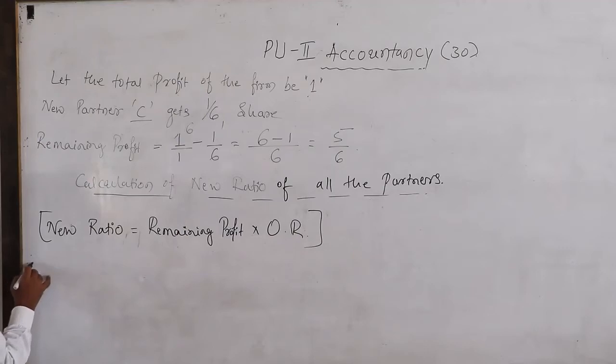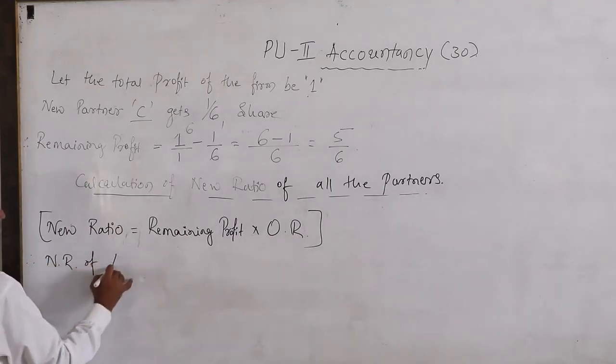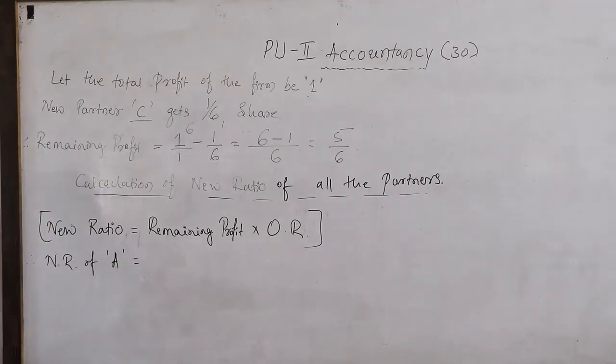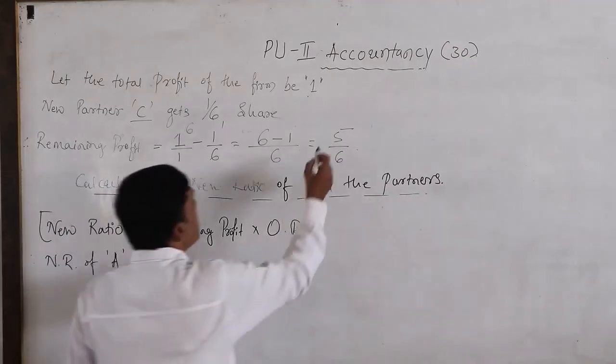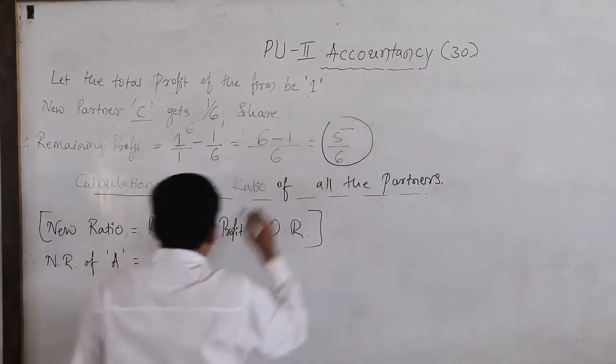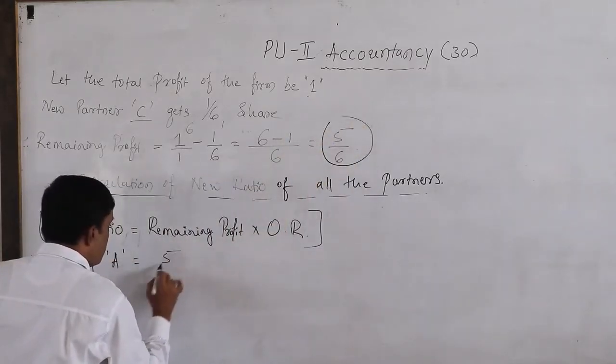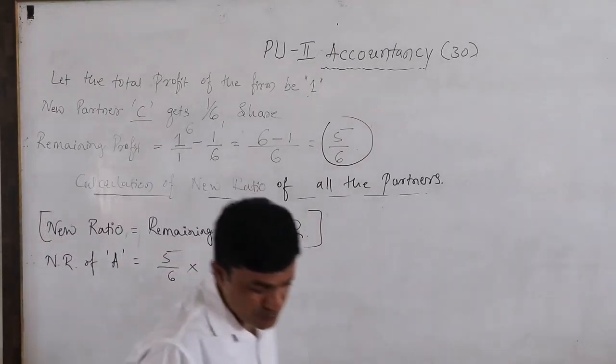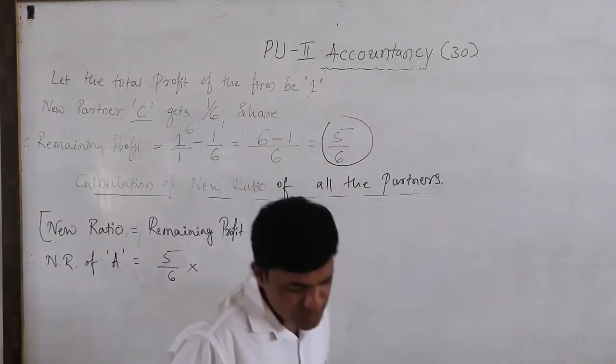So the new ratio of the first partner A is equal to the remaining profit that we have ascertained. Look here, 5 by 6